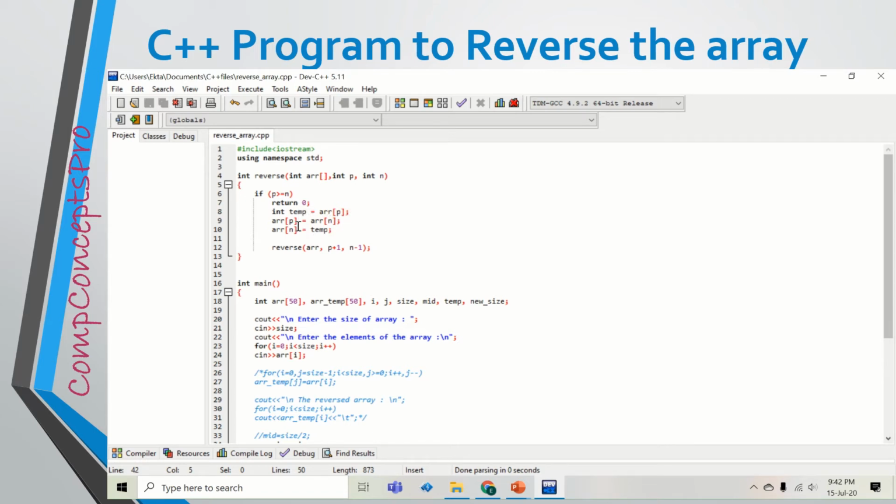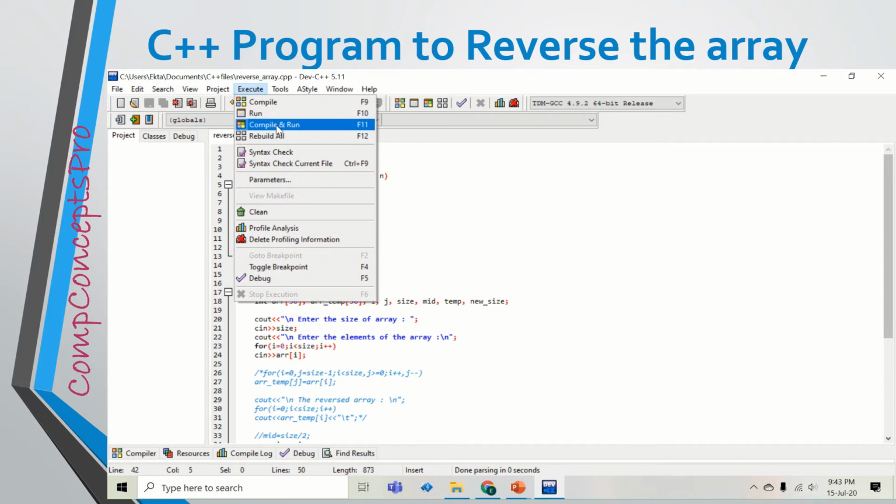This is a common method that we use for swapping the values at the index positions. First I have stored the value which is at index position 0 in a temporary variable, then the value from the last index position to the first index position, and then from the temporary variable to the last index position. Then this p will be incremented, meaning index position 0 will become index position 1, and the last index position will be decremented. So this is a recursive function for this reversal. Let's run this program and see how it works.